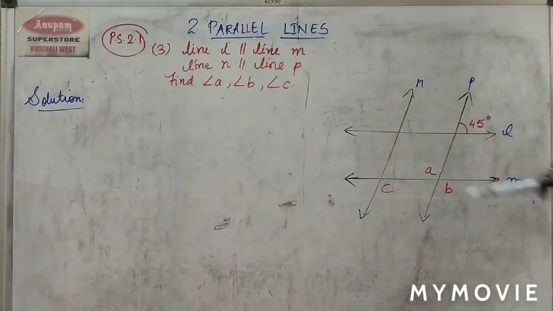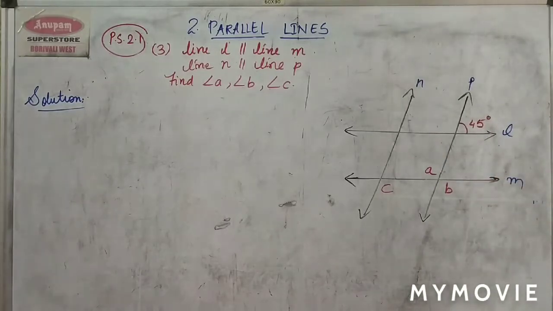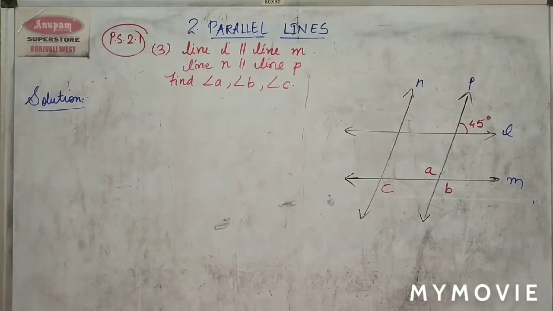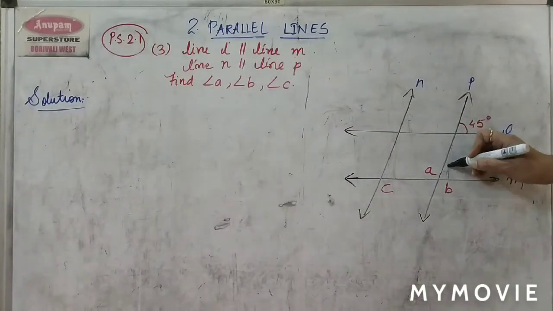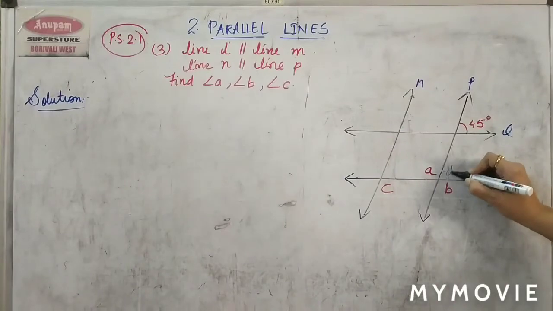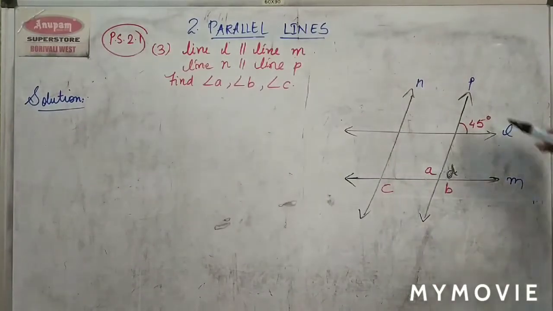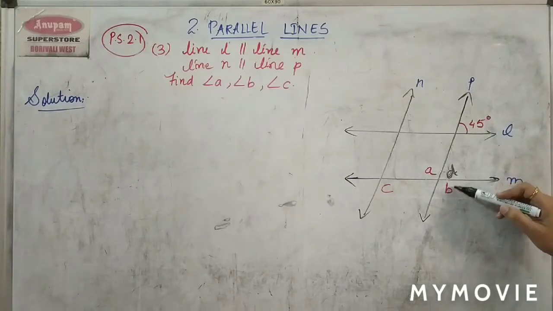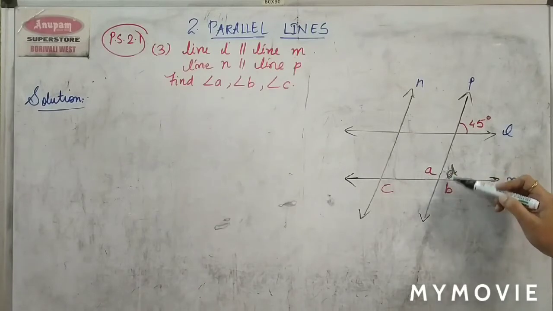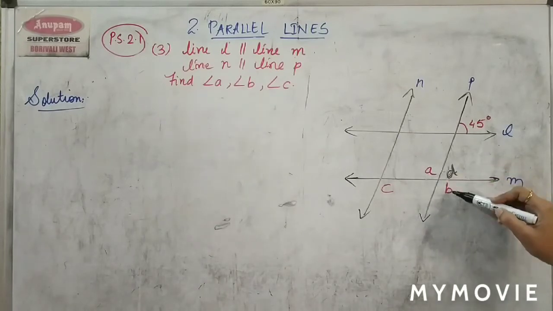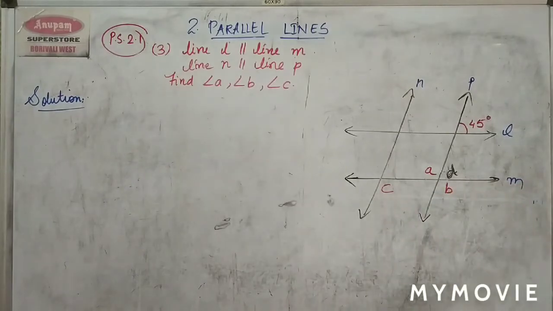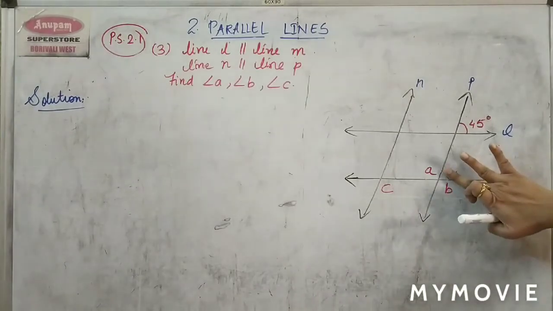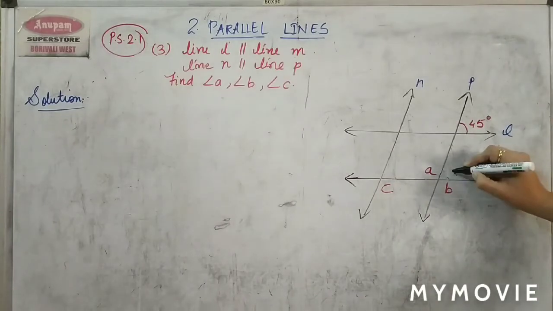So what I do is, if I need to find out angle A or something, I'll consider another angle. Say I'll consider angle D here. A, B, C are given, so I'll consider angle D. And I will see that this 45 degrees is equal to angle D. Once I get this angle D, I can show this linear pair, or this also linear pair. I can show them vertically opposite, and once I get this, I will get angle C also.